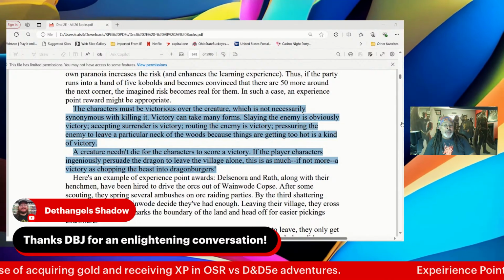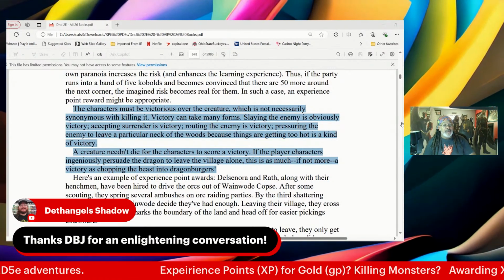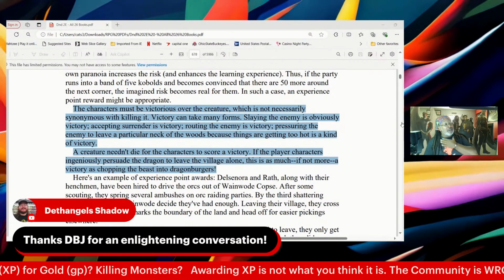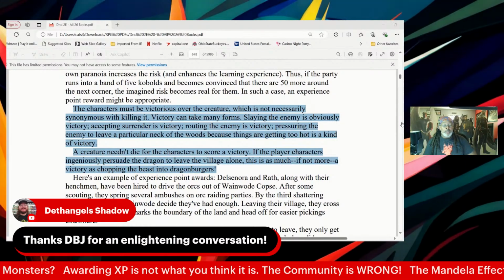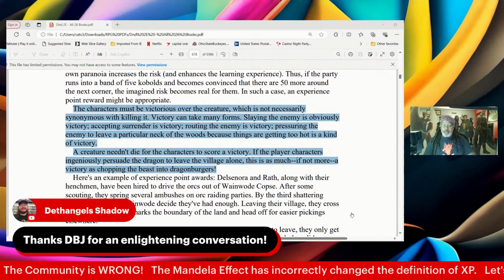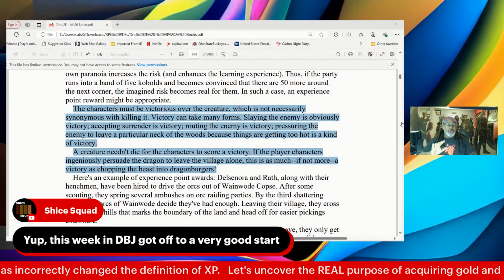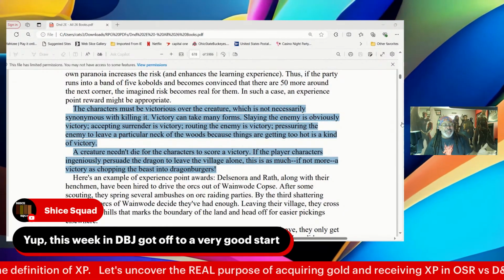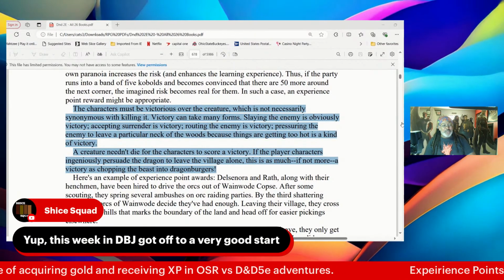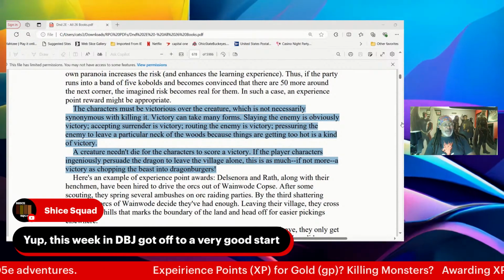Also, we are going to continue our talk about unintended consequences of changing things, whether the game changed it or the community, us in the tabletop role-playing community, changed it. This week in DBJ got off to a very good start. We will continue with all kinds of stuff. What is the OSR? What's with the random tables and other weird contexts that happened? What's with the OSR and this desire for these things? Why the low hit points? Huh? What's that about? We'll talk about it.